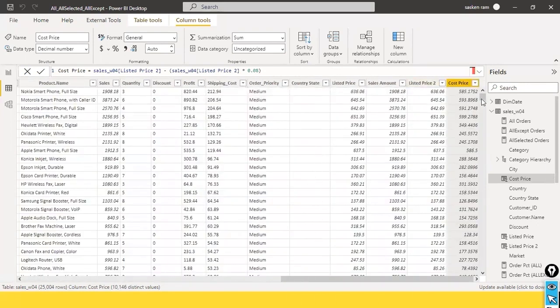So obviously the cost price should be less than your selling price. List price is nothing but the selling price. Let's say this column is also given by your manager. You don't have to do all these things. This is just for temporary sake. You can simply ignore this, and just think we have a column for the cost price and the selling price is available, and then we don't have the sales amount column. Hence, we create a new sales amount column by multiplying the quantity by list price. We are able to get this, and the listed price is available. Okay, fine. The cost price is available. Now what I do is,